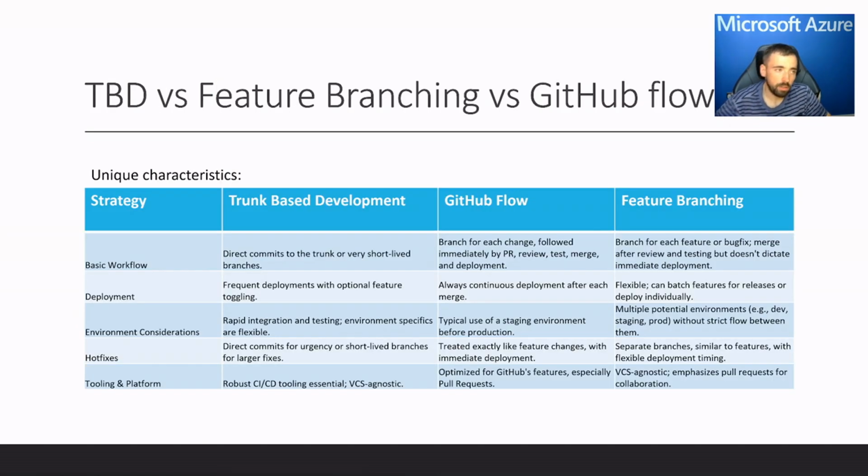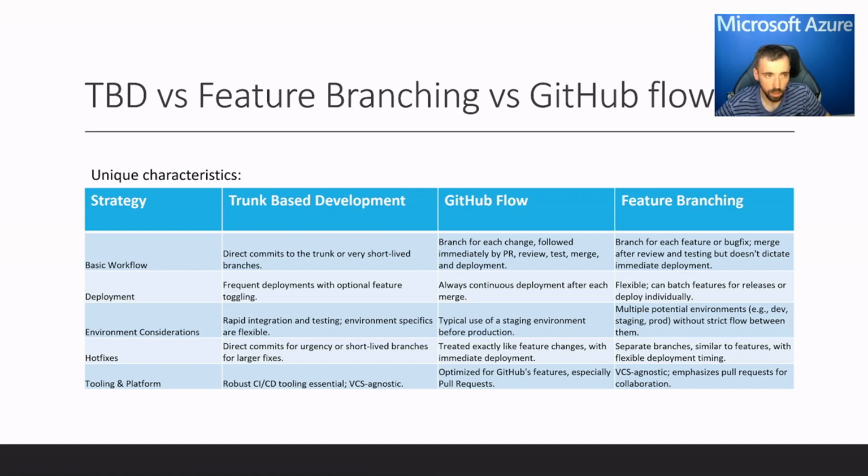So since trunk-based development and feature branching and GitHub flow are very similar, I just wanted to do a quick comparison and just point out the unique characteristics. So in terms of basic workflow, trunk-based development, where we're committing directly to main, direct commits to trunk, and very short-lived branches. So a big emphasis on continuously integrating our code, and this branching strategy is very encouraging and supportive of